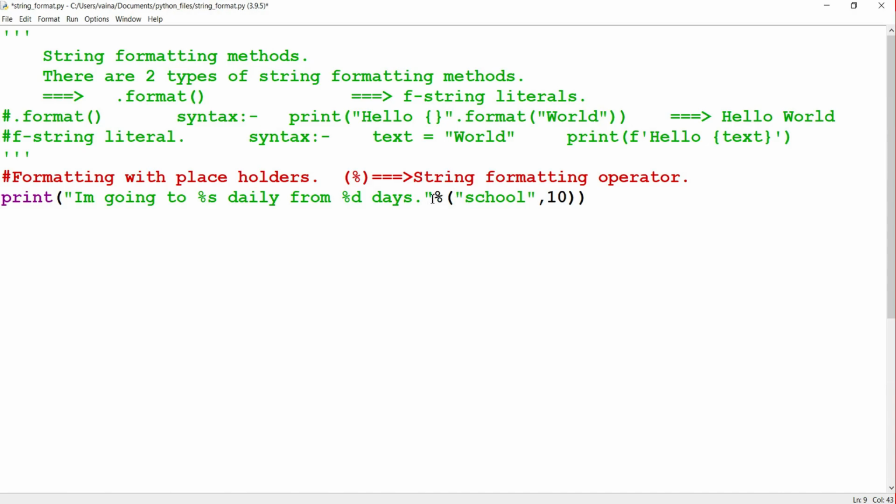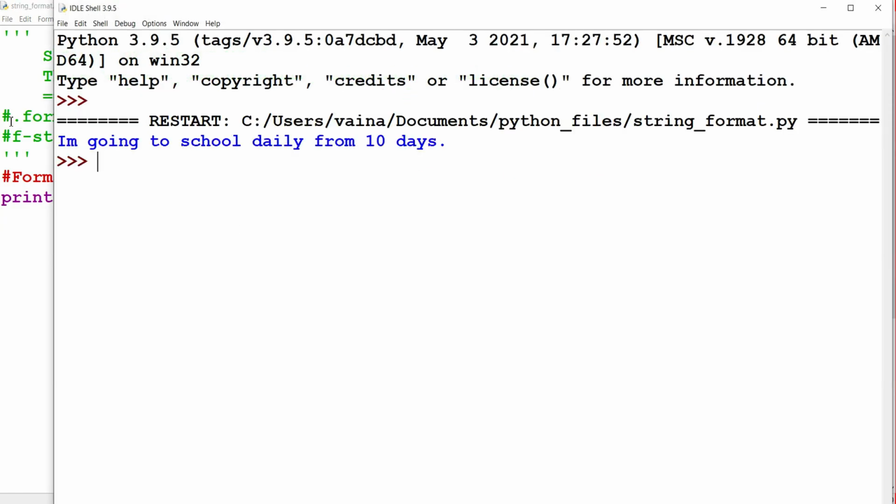So here we use one modulus operator and pass the arguments: school is a string, and 10 is an integer. These will be assigned to the placeholders. When we run it, we get "I am going to school daily for 10 days".